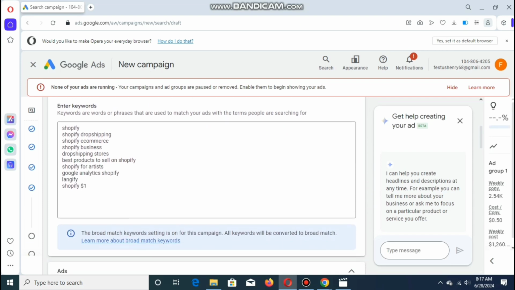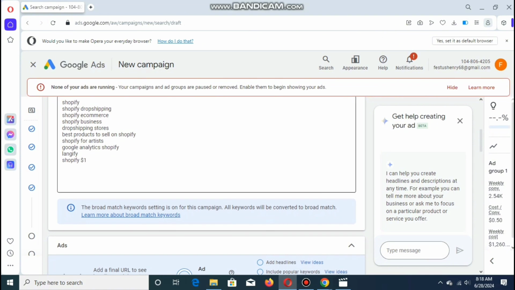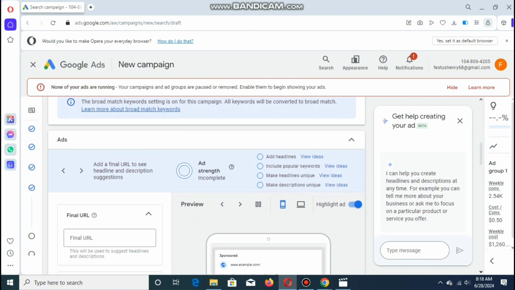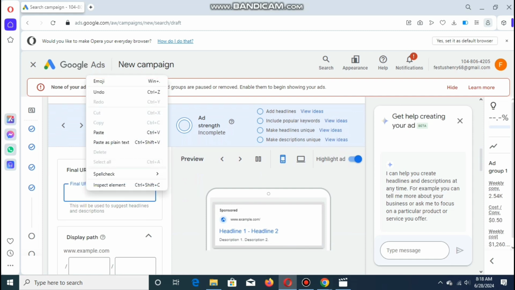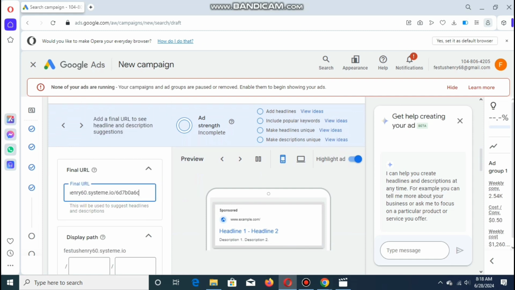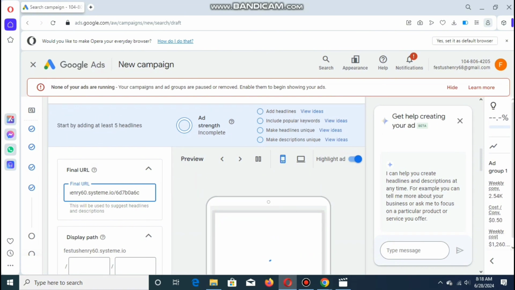And then you scroll down to the next step. This is where you have to input your final URL. Where do you want these people to be redirected to after clicking on your ad? You can either use a URL to a landing page or your website. I've already created a video on how to create a landing page. I will leave that video in the description section of this very video. So I've actually pasted my URL right here, and then I will scroll down